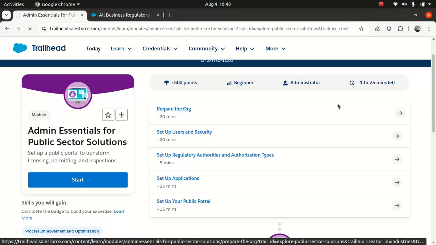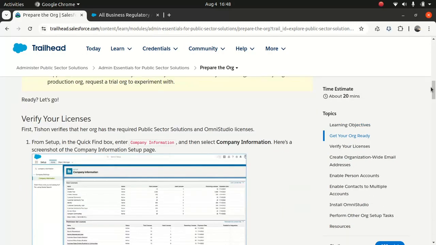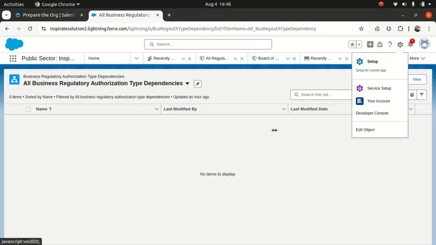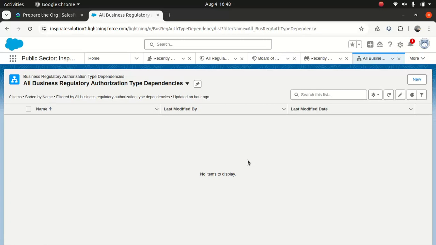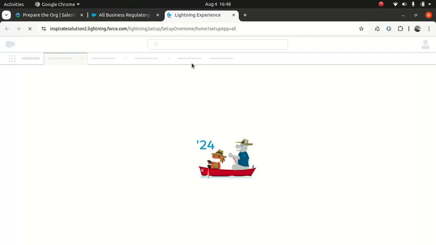Okay, preparing the org, the first thing, right? Let's look at it. So obviously you need to verify your license. I'm pretty sure you guys know how to do that. In my case, like I said, I've signed up for a free, not free in general, it's a 30 days trial of full PSS org. In your case, it may be different, but the good way to test it, you just go to setup and